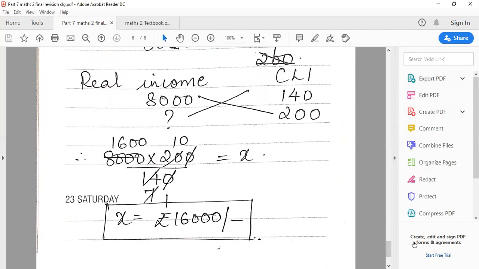So class, with this we finish off with Maths 2, one lesson amongst all the 8 chapters. That is lesson number 5. For practicing, you do practice all the miscellaneous sums that I'm not going to solve because that will be an assignment for you all to see whether you all followed the concept or not. And if any doubts, please WhatsApp me because from tomorrow onwards, we'll be starting a new chapter. So for that, this chapter needs to be very, very clear with you.